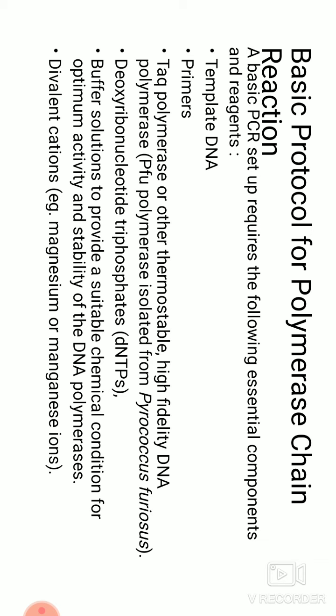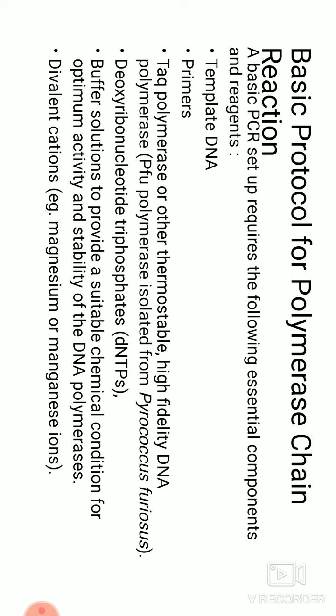Now the DNA is double stranded, and when you say double stranded, the strands run opposite in direction. The 5 prime to 3 prime strand is called the forward strand. The 3 prime to 5 prime, the opposite strand, is called the reverse strand. So now you need to have the 5 prime primers for both the forward strand and the reverse strand. So you need to have two primers, and then you need to have the components, that is deoxyribonucleotide triphosphates, ATP, GTP, CTP, and TTP, and buffer solution, an ideal condition in which the polymerase can function.